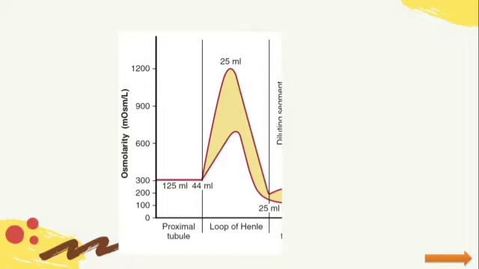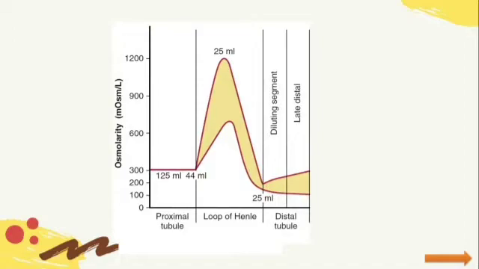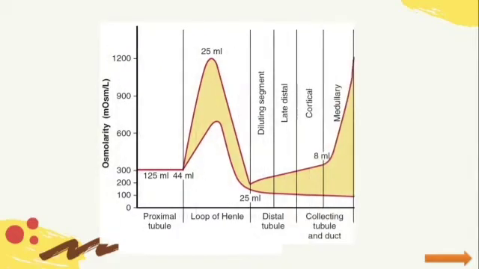Now remember that the early distal tubule has the same properties as the thick ascending limb, diluting the fluid further to 50 milliosmoles per liter. But as for the late distal tubule and cortical collecting tubule, this depends on the level of the antidiuretic hormone. If this is high, it causes significant water reabsorption, but if absent, little of this water is reabsorbed. Lastly, the concentration of fluid in the inner medullary collecting ducts depends on two things: the ADH